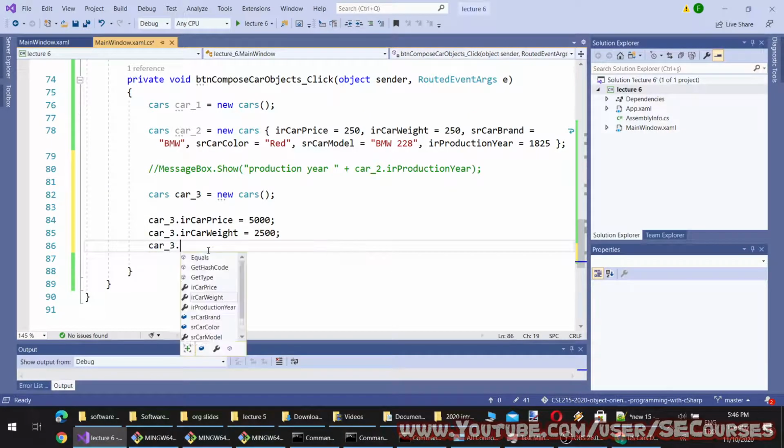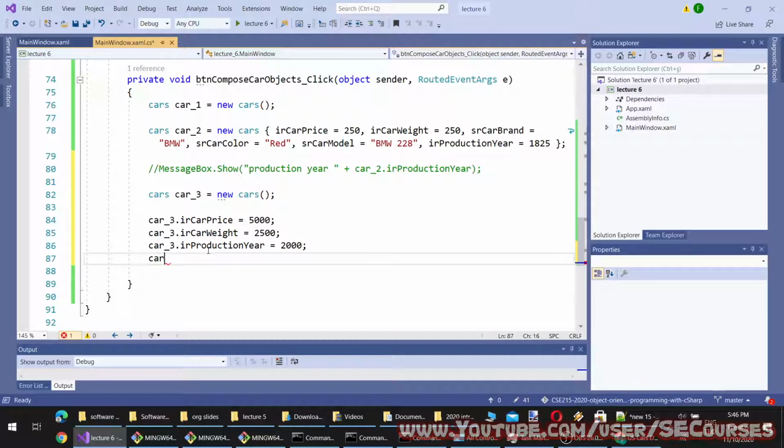Car 3 dot production year equal to 2,000. Car 3 dot brand is, let's say this time another brand, which is Ford. And car 3 car model.